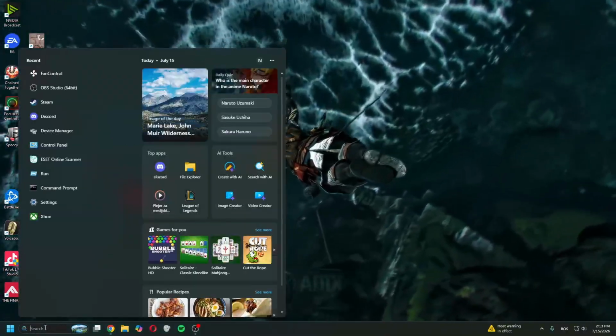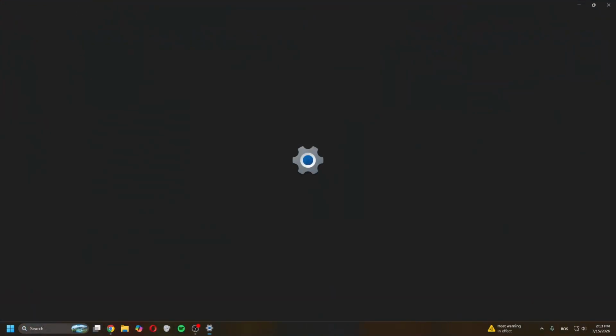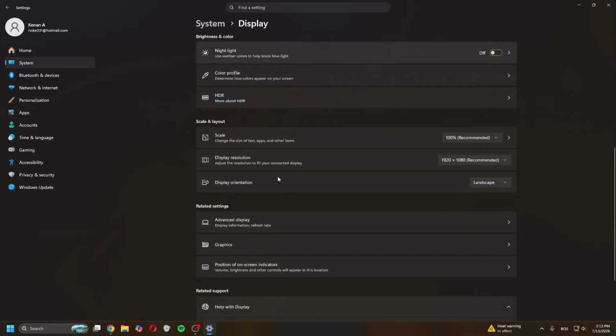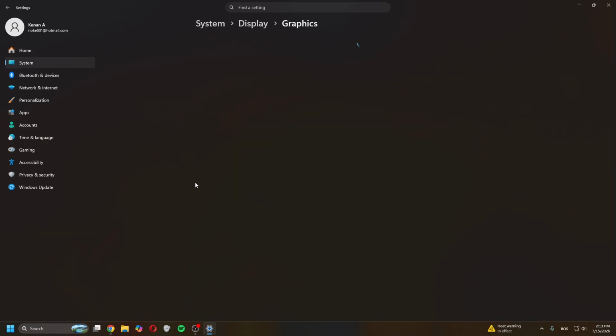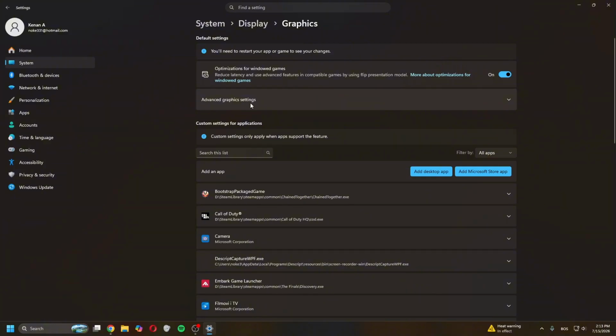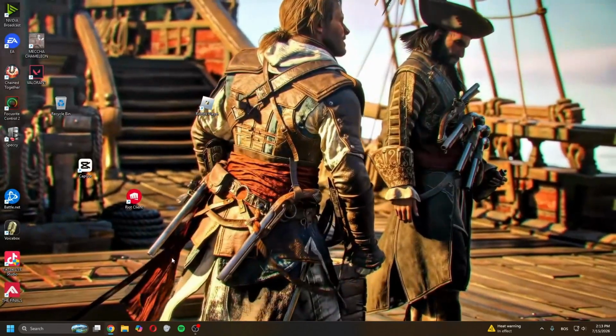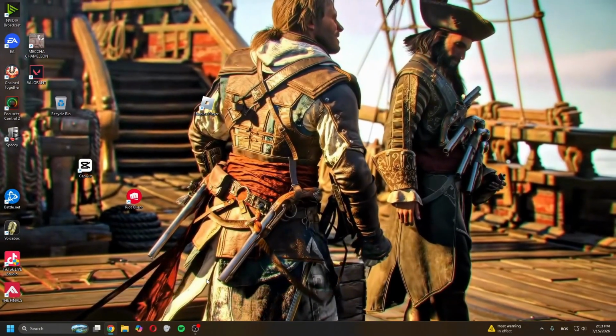You wanna open search, type in settings. Once in settings, you wanna go to display, scroll down till you find graphics, and now click advanced graphics settings and make sure that you have hardware accelerated GPU scheduling on. And once you turn it on, you wanna restart your PC and then relaunch the game and see if that